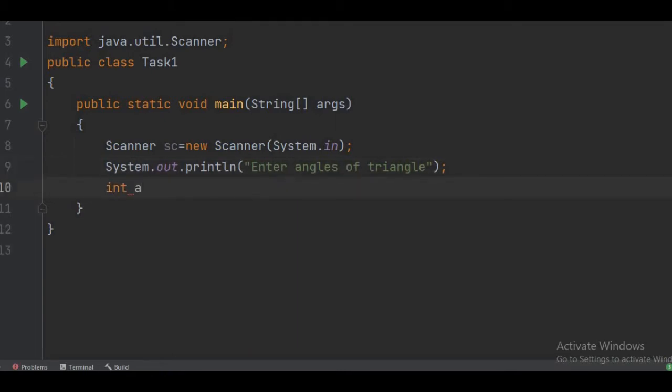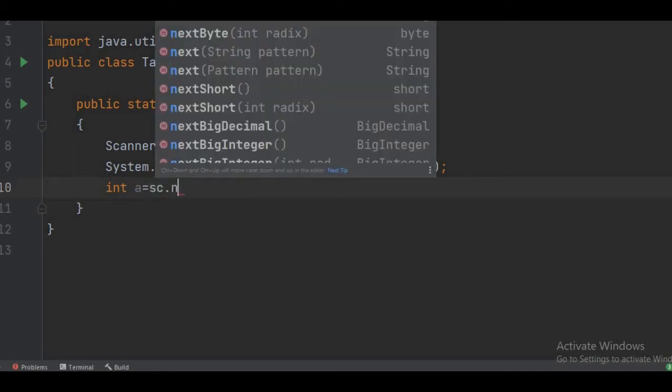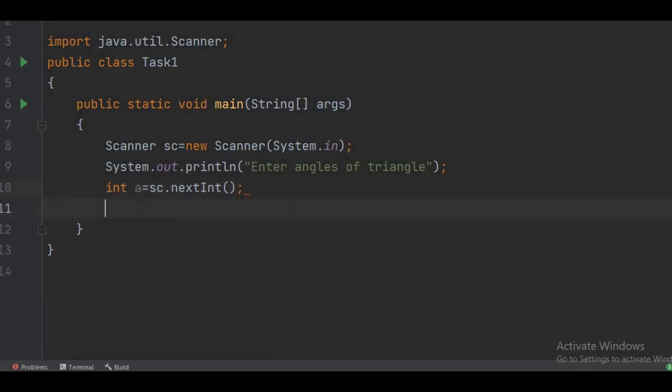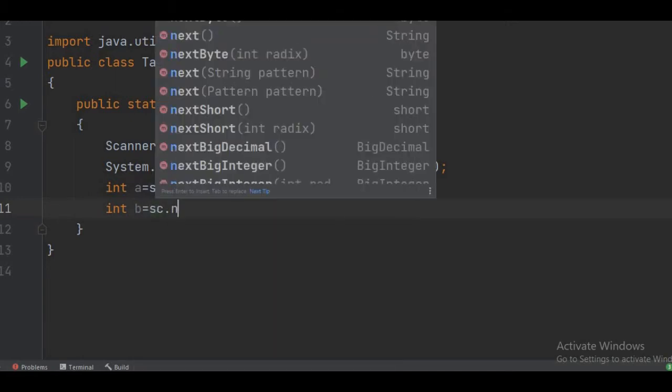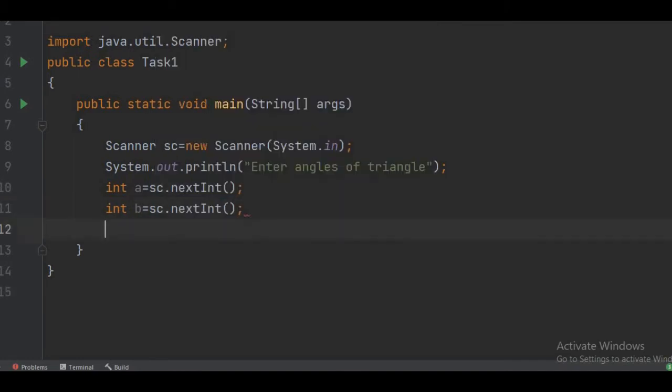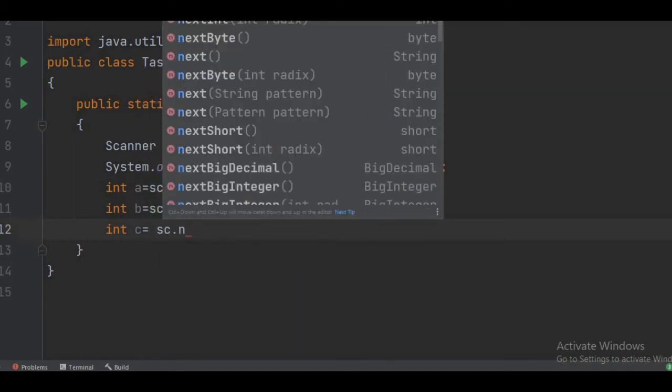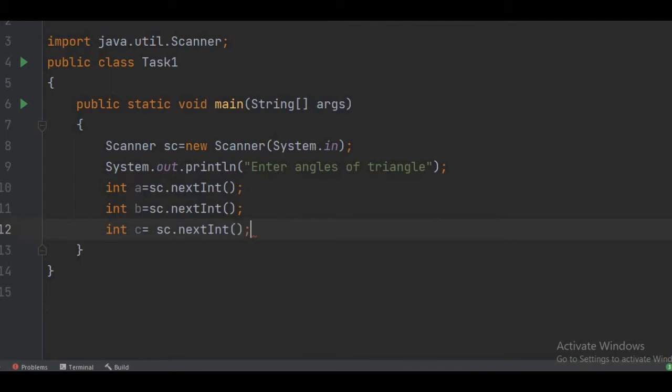Let A is equal to, and the second angle is B, and then the third one, and done. So we have taken three angles A, B, C.